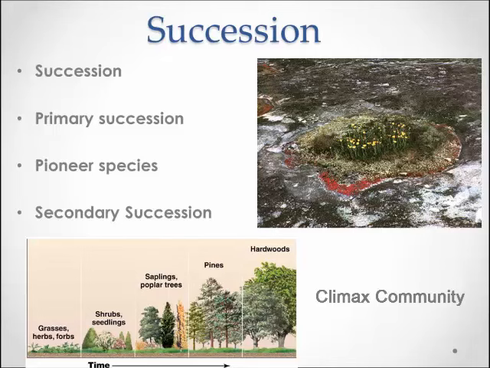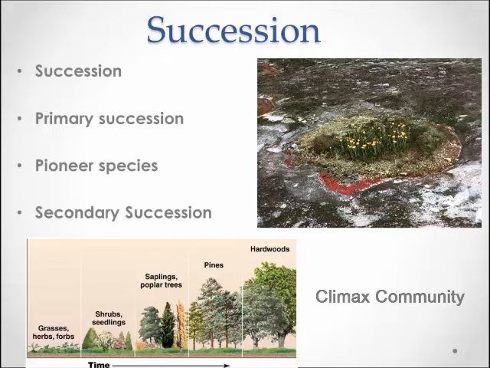Primary succession would be seen following the retreat of glaciers, when a lake dries up, and when volcanic lava covers a landscape. After the drastic disturbance, primary succession would begin when organisms begin to colonize the ecosystem, but they are starting from scratch to build the ecosystem back up. The first species to appear in primary succession are called pioneer species. Lichens are a great example of a pioneer species.